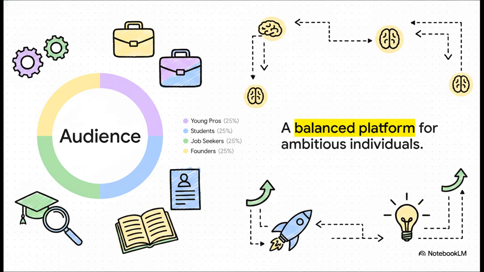And who is this built for? Well, it's surprisingly broad but totally evenly split. We're talking 25% young professionals, 25% students, 25% job seekers, and 25% startup founders and operators. Which is super interesting, right? Because it shows us that whether you're a seasoned founder scaling a business or a recent college grad just entering the workforce, the need for career momentum is a universal goal. The overwhelm hits all of us, and therefore a structured operating system is something we all universally need.